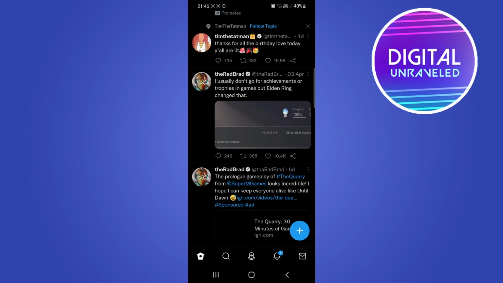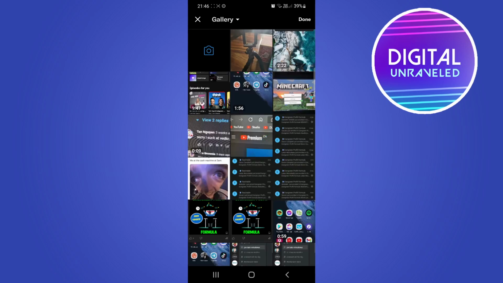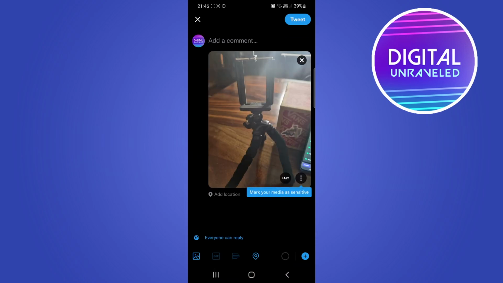So what you want to do is create a tweet as you would normally do by tapping the plus icon at the bottom right hand corner. So I'll tap on that. And for this, I'm going to upload a photo. I'll select the photo real quick. There we go. Once the photo has been embedded as your tweet, tap the three vertical dots at the bottom